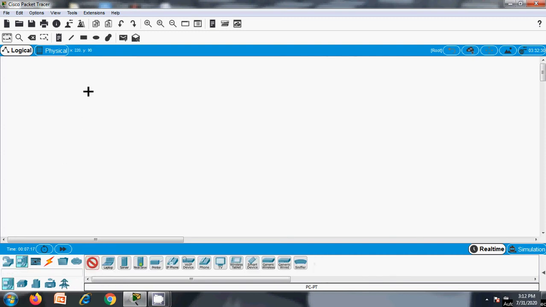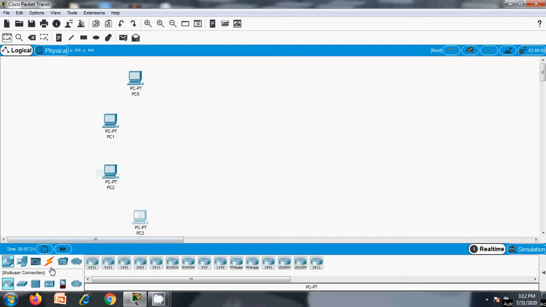I'm going to have 4 PCs in my network, and I need a networking device called a switch for connecting these devices.